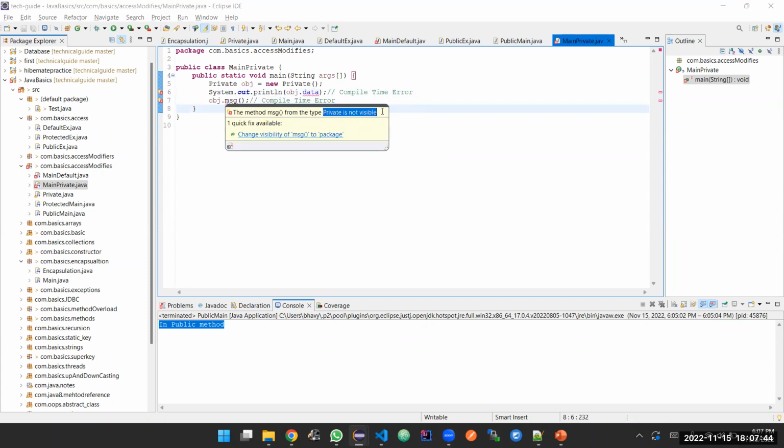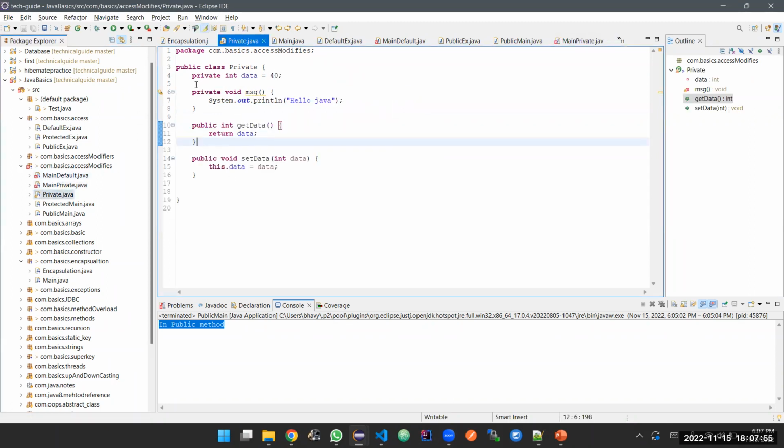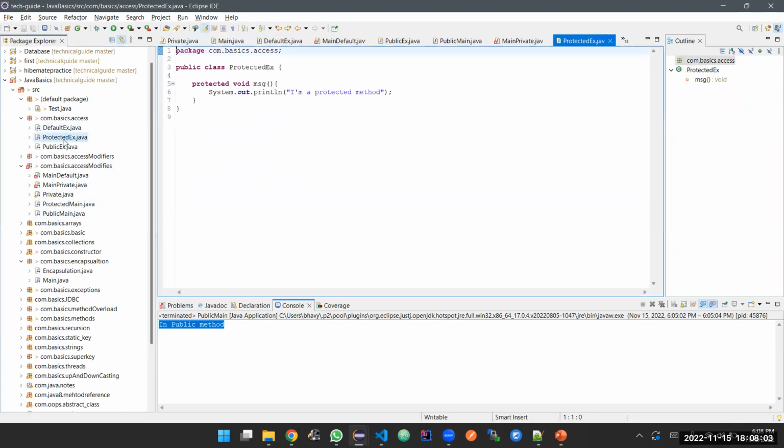So the private keyword is used only if you want to access your variables and methods within your own class, not from the other classes. So this is one type of your access modifier. Okay. Next comes your protected. This is also similar to your